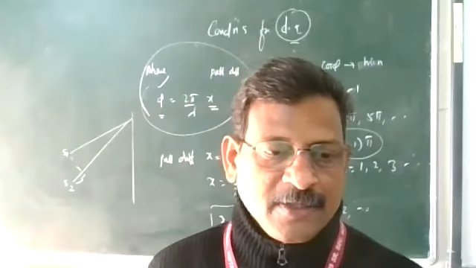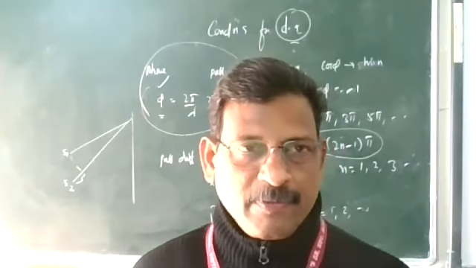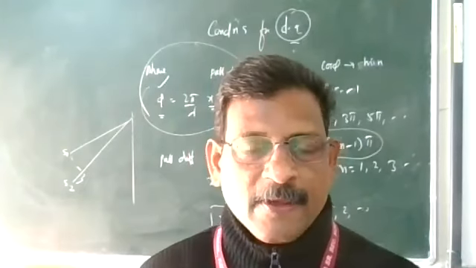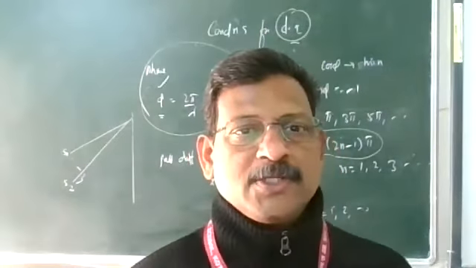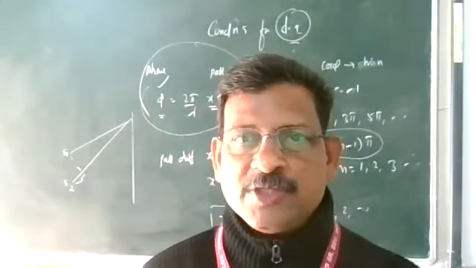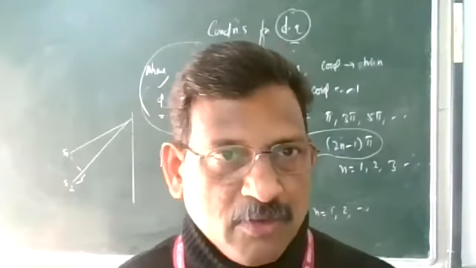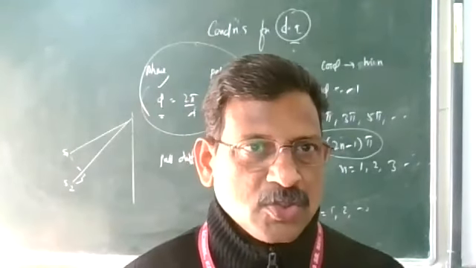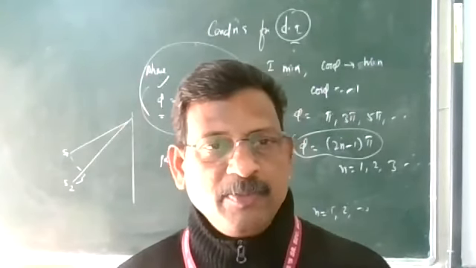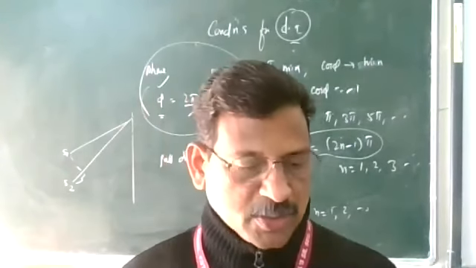Maximum intensity is proportional to (A1 plus A2) squared. Minimum intensity is proportional to (A1 minus A2) squared. When you take the average intensity, it is proportional to A1 squared plus A2 squared, which is the same as the average intensity due to the separate waves. If you consider the waves separately, the average intensity is also the same value. So what is the meaning of this? Interference is due to the redistribution of energy on account of the superposition of waves coming from coherent sources.